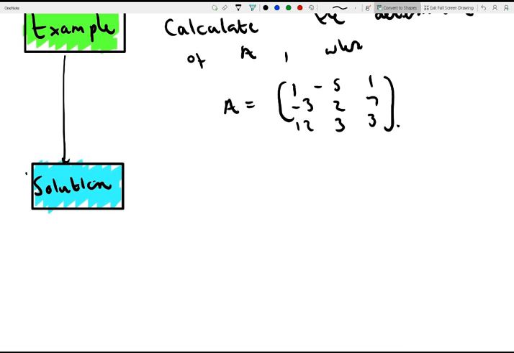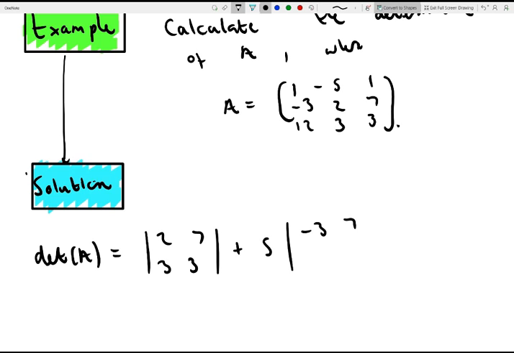is the following: determinant of A, and we don't have any zeros here, so there's no point working down any particular row or column. Let's just work down the first row. So we have 1 times the minor that's left, 2, 7, 3, and 3, plus 5 because it's minus minus, 5 times minus 3, 7, 12, and 3, plus the last minor that's left, minus 3, 2, 12, and 3,